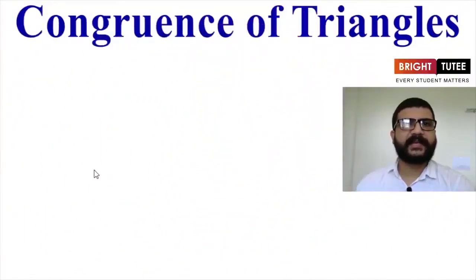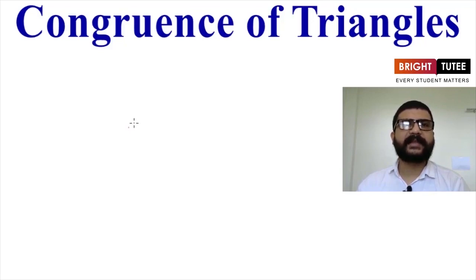Hello students, in this video we are going to start a new chapter which is congruence of triangles. So here in this chapter we are going to learn a very new property, congruency. We are going to see when do we call two figures congruent, or when do we call two lines congruent, when two angles are called congruent. Mainly in this chapter we are going to study about congruency of triangles, that when do we call two triangles congruent, what are the conditions two triangles should satisfy so that they are congruent, and what are the things we can get if two triangles are congruent.